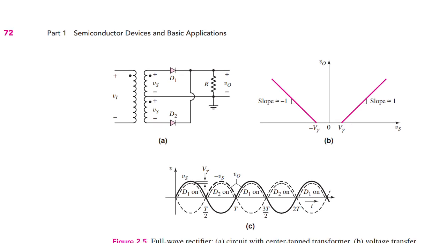Now we have to look at the peak inverse voltage in this case. So we could pick any of the diodes, D1 or D2. Let's say we consider the diode D2 for the peak inverse voltage. We will consider the cycle in which the diode D2 is reverse biased, which is the positive half cycle. So in this case, when the voltage at this node is most positive and the voltage at this node is most negative,